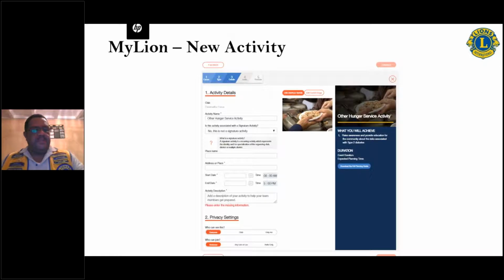And you remember we're saying, in the presentation by Land Dave, that we need to know the who, what, when, where, and why. So you'll still need to have that information for every activity that you're planning. So the who is your club, that's already there. What will be the name of the activity? So give it a name. You can indicate whether it's a signature activity of your club or not. The venue of the activity,